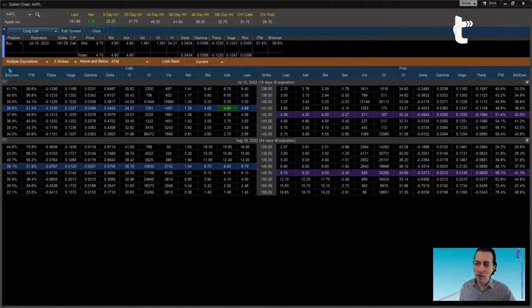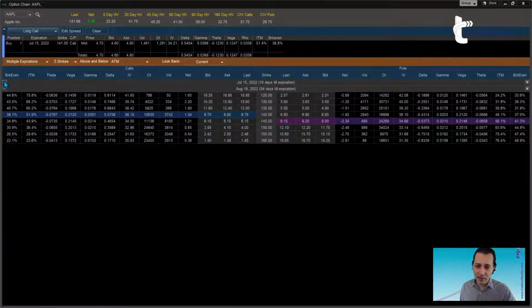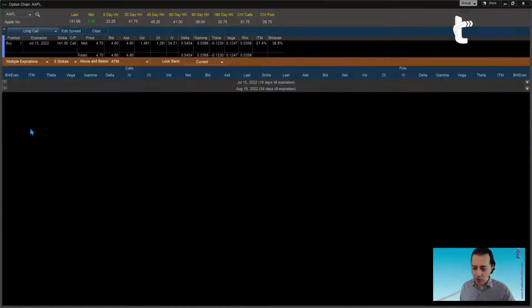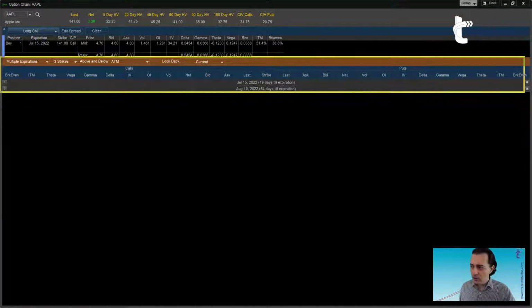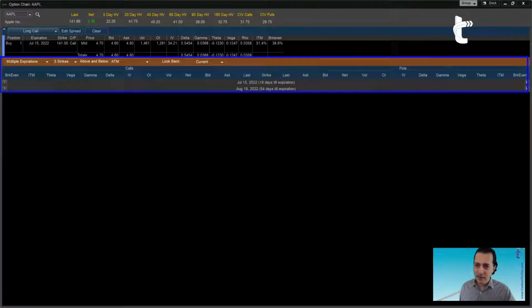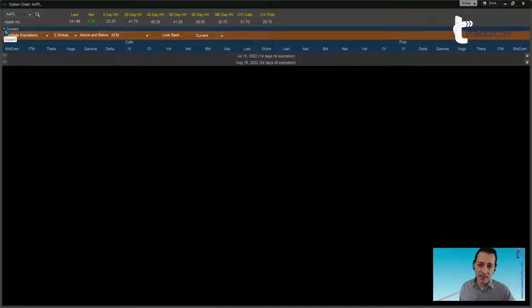And everything below, I would like to make sure that you all realize, let me compress this. I would like you all to realize that we have kind of two sections. The section in the bottom part, and then the section on the upper part, which has a little arrow pointing up at this moment, which allows you to compress, or pointing down, and then it allows you to expand that upper section. So I can compress it. And if I compress it, now what I see is the word spread.